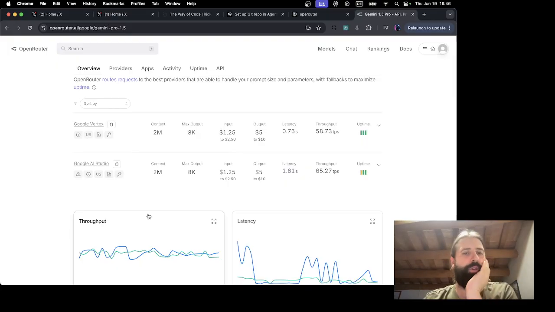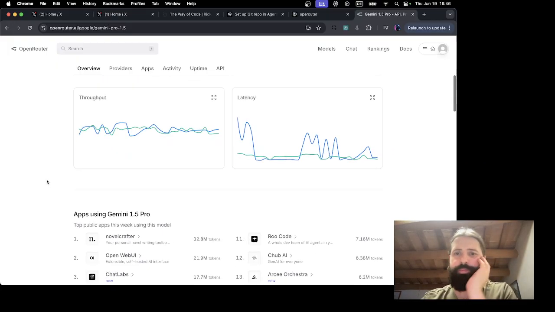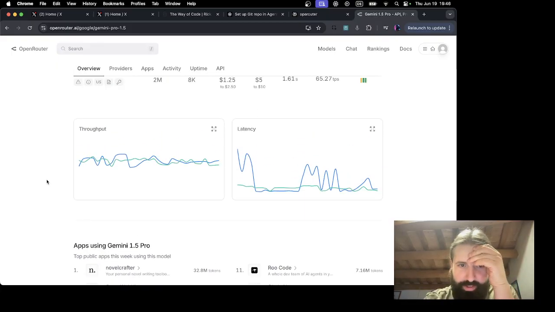The OpenRouter guys really cooked on it. This is really cool.